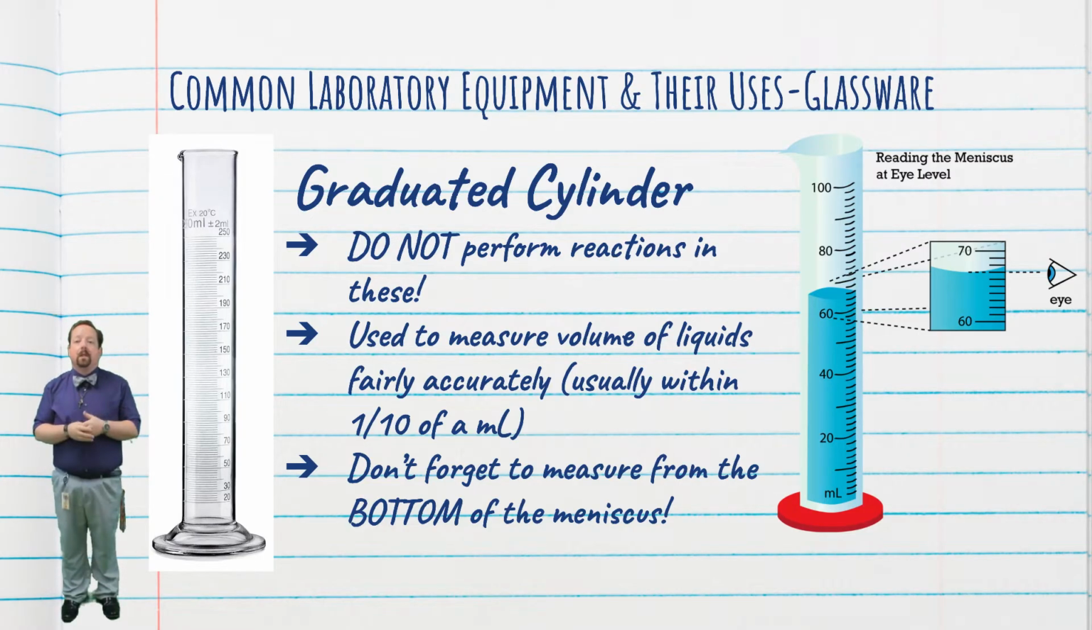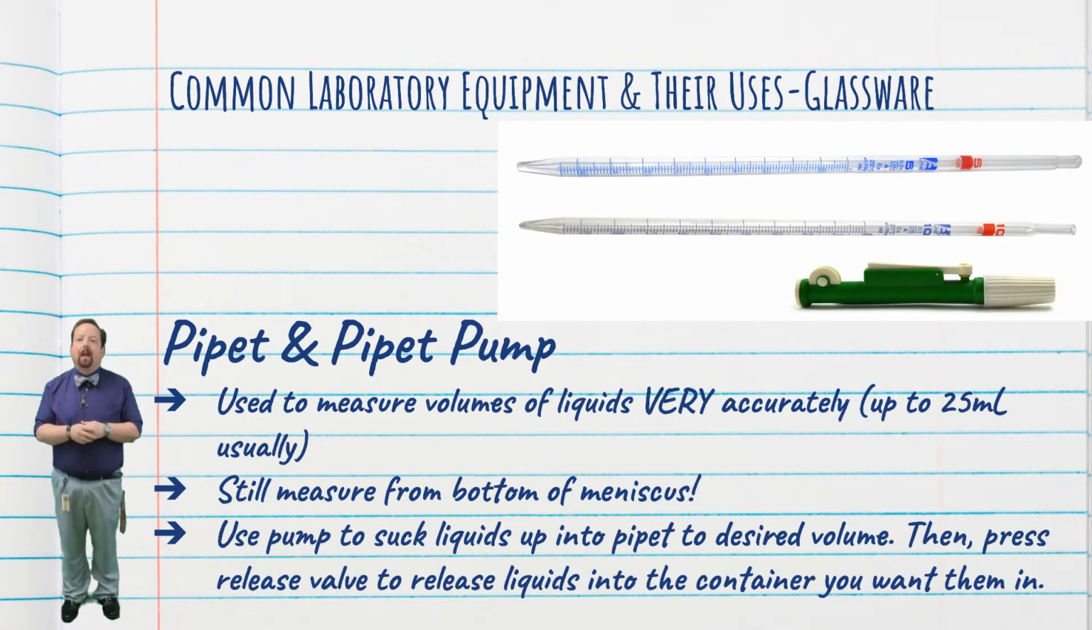Due to surface tension and capillary action, the liquid inside of a graduated cylinder will create a curve at its surface. That curve is called the meniscus, and to accurately measure volume, you look for what milliliter marking the bottom of that meniscus touches. A pipette and pipette pump measures volumes very accurately, but usually fairly small amounts of 25